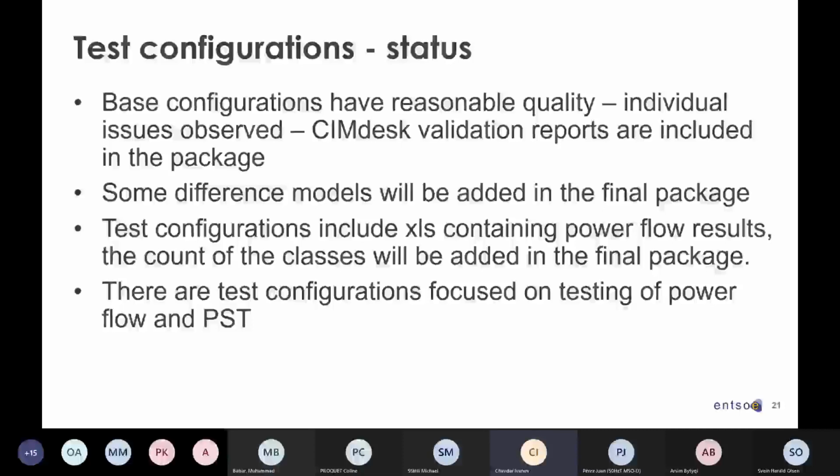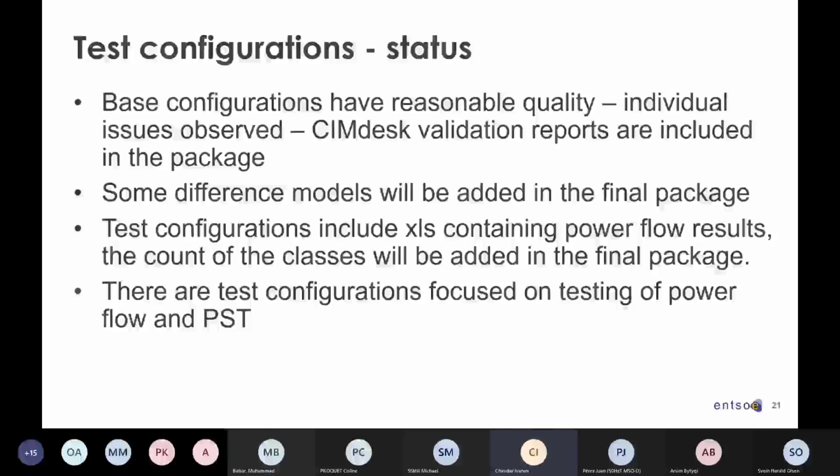And then we have exported the power flow results for all these test configurations, and I will show you how it looks in the package.